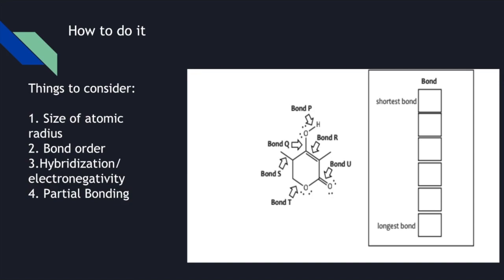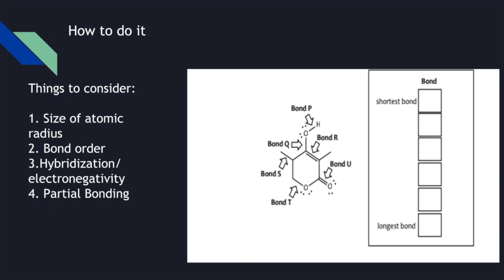Number 4, partial bonds. Any bond that is involved in resonance structure can have partial bond character. If a certain molecule has resonance in a double bond, then that double bond will appear to be longer than expected due to the delocalization of the electrons in the double bond. However, if a double bond does not have any resonance, then that double bond can be expected to have a true double bond character. In a benzene ring, for example, each of the double bonds will appear to be longer than expected due to resonance, and the single bonds in the benzene ring will appear to be shorter than expected